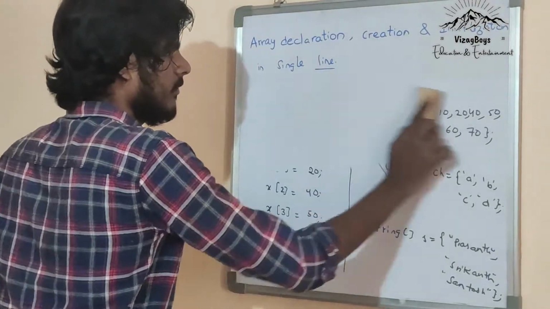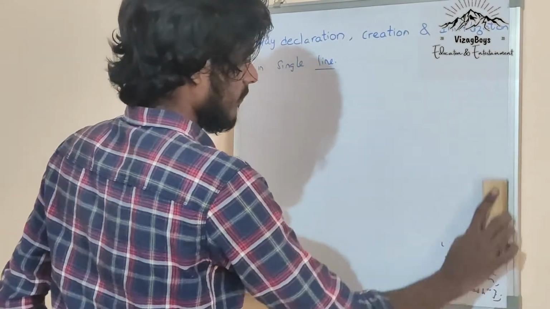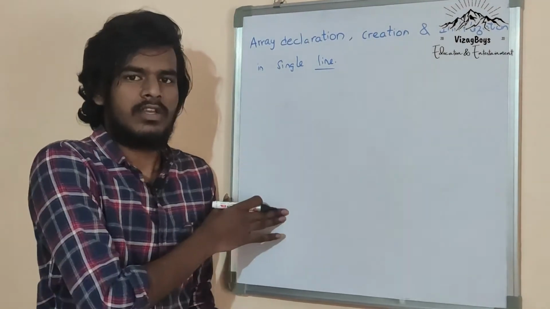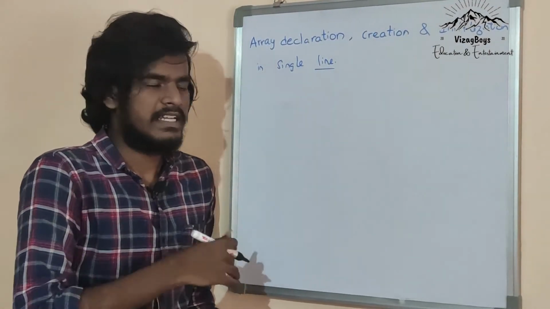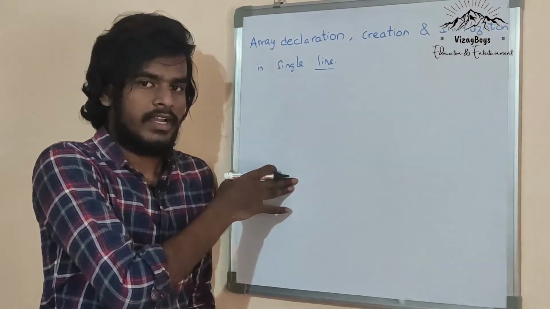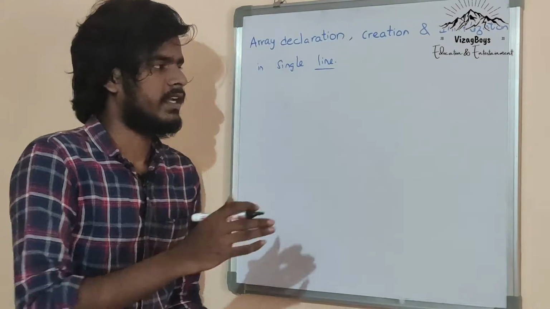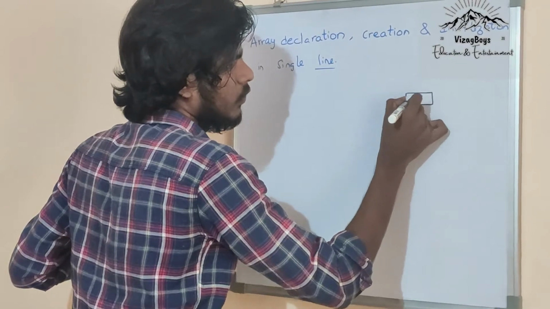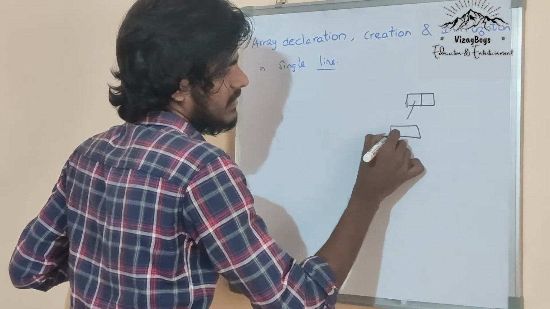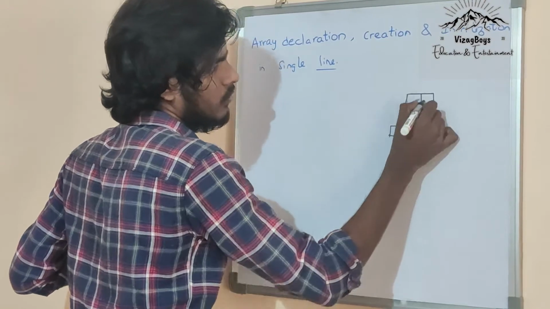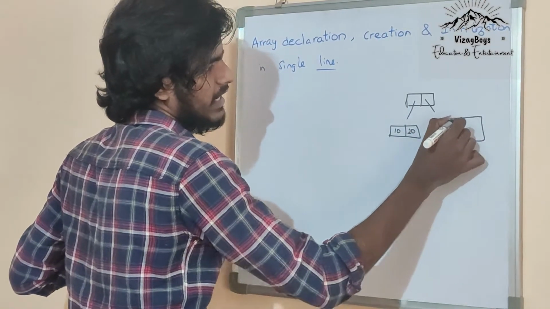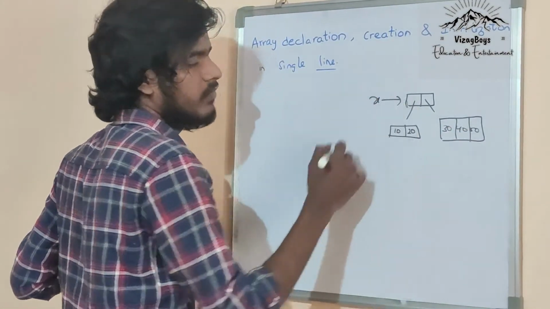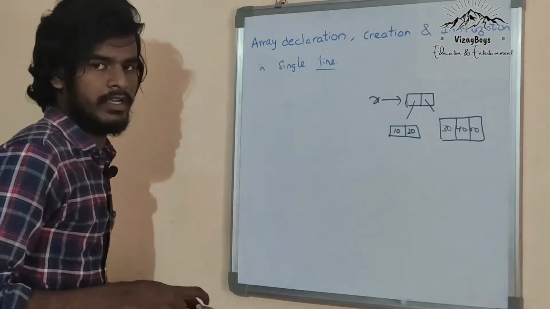Similarly, we can use this shortcut for multi-dimensional arrays also. Listen carefully. Here is a two-dimensional array. The first element contains a single dimensional array of size 2. The second element contains a single dimensional array of size 3. X is the reference variable for that. How to write the corresponding code in a single line?